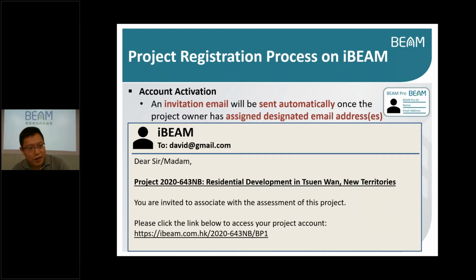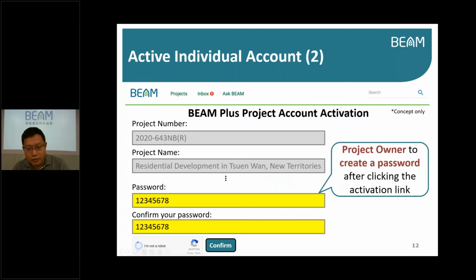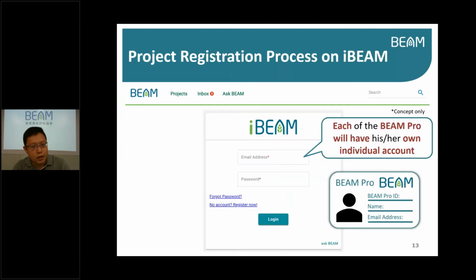This is just a snapshot. All this content is indicative. It will be updated later on when we finalize the iBEAM design process. But as of now, this is how it will work for the account activation. Once you click the account activation link, it will take you to this account activation page. What you do is you sign up with your BEAM Pro number. You sign up your personal information, and so on and so forth. Type in your password, create a project,